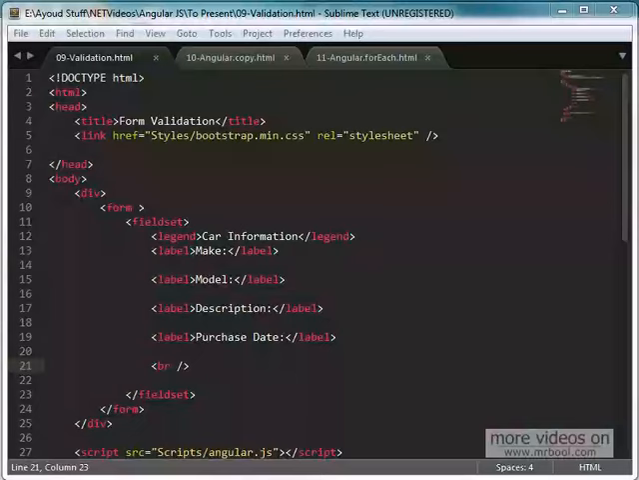on the client side. So in this case, we'll try to build a form for the car information with a make, model, description, and purchase date. And we need to see how we can work with validations as far as Angular is concerned. We'll start by creating our module. Of the module, we'll create our controller with the car information, add things into the scope, and be able to bind to these